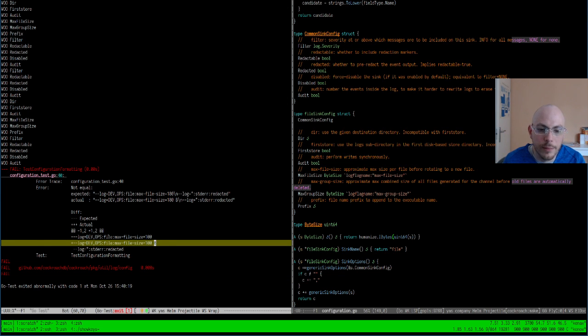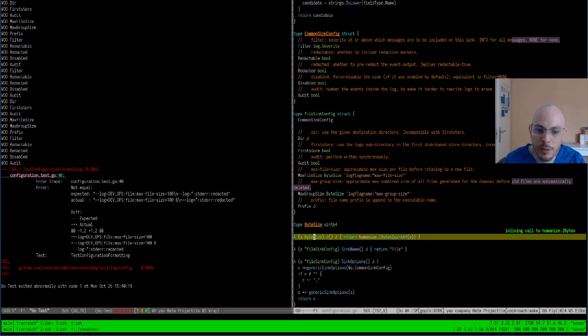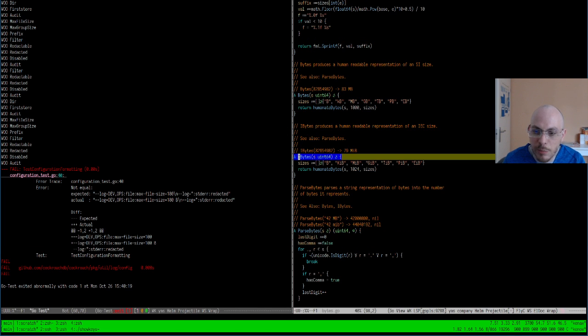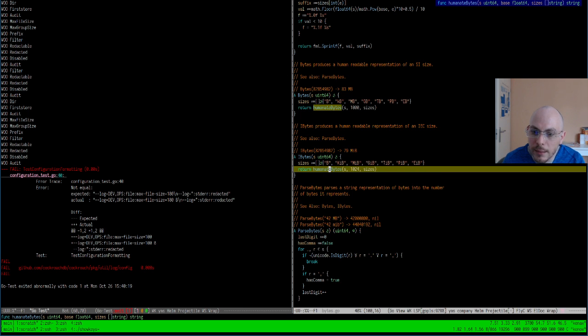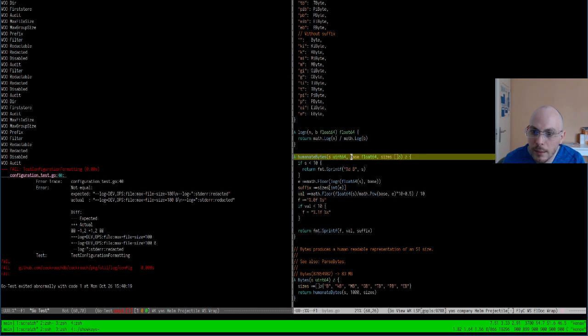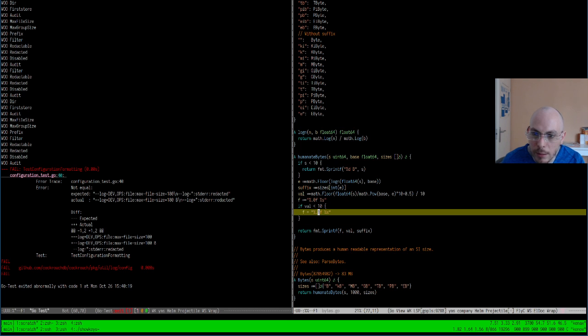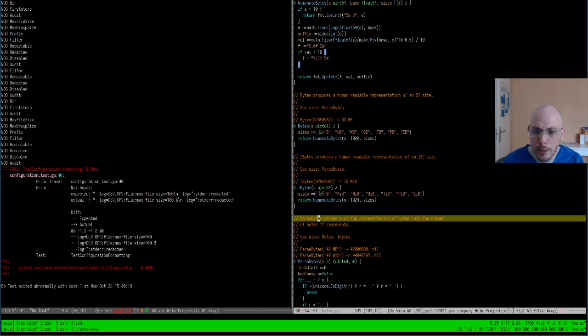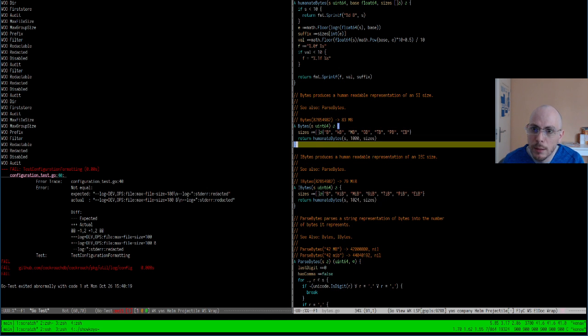Oh, look at this. That is not nice. The humanize package gives me a B that is separated with a space. That is not great. I don't like this. The size is spaced out. No, I don't want the spaces. Spaces are not nice.